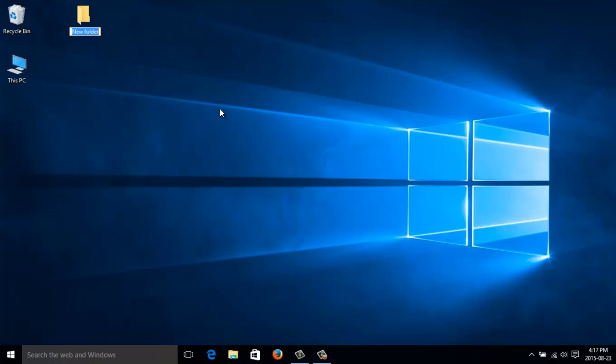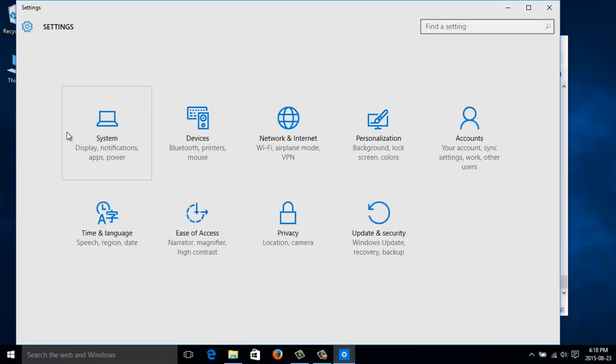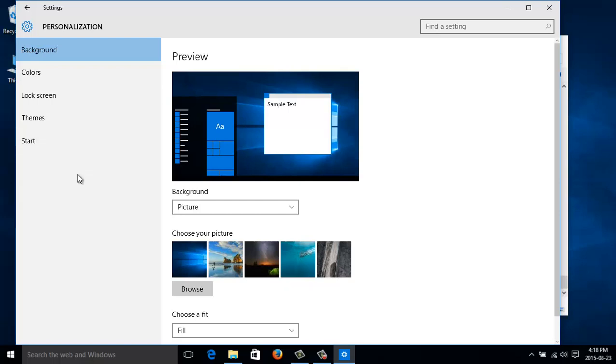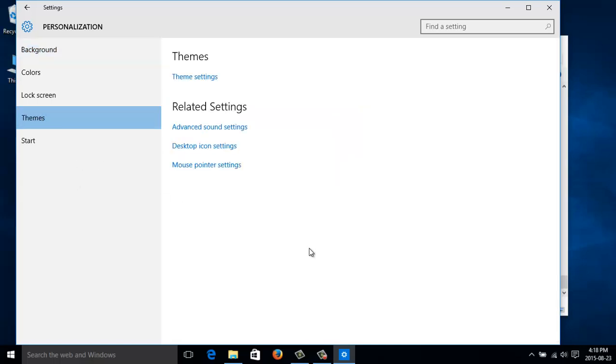We have disjointed settings. I shouldn't say disjointed. We have two different ways of doing it, and sometimes they interact with each other. So if we go into all settings here, we have this way of accessing settings. And then when you go into here, sometimes you have to go into another part of it to set something else. So if we go into themes, for instance,